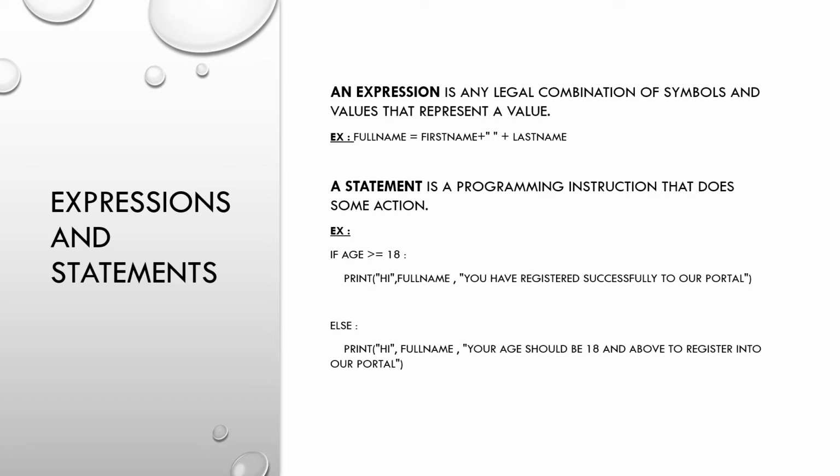To explain clearly, we have an example: full name equal to first name plus last name. In this case, I have a value inside first name as a variable and last name variable, and I want to concatenate both values and put it in the variable called full name so that I can use it in my program. So here you'll have values, and in between them you'll have the symbols. It's a combination of values and symbols that creates an expression. That's the reason we call them an expression, but an expression is also called a statement.